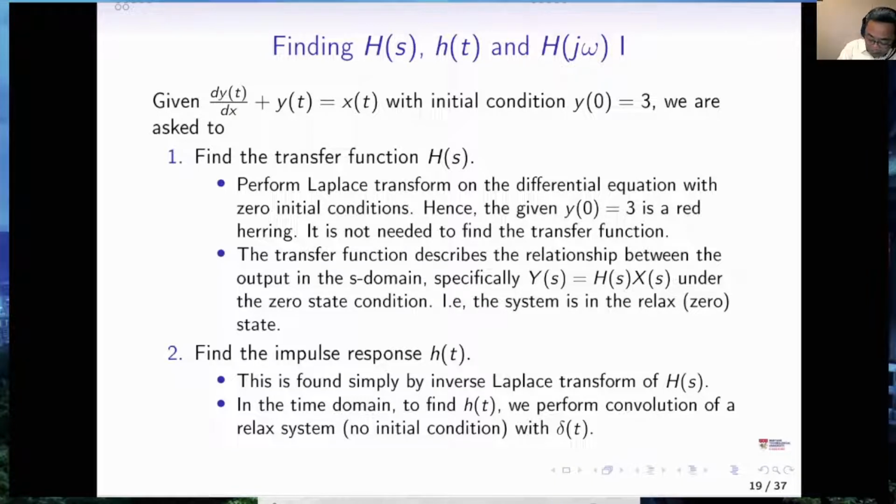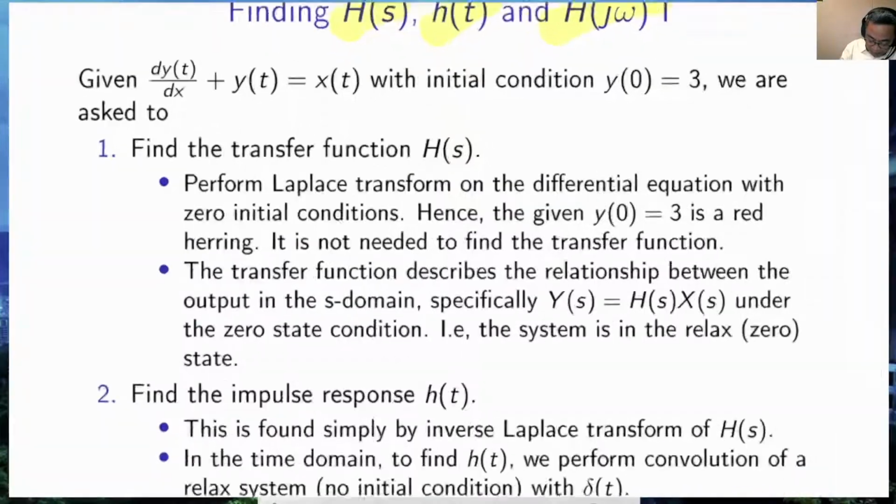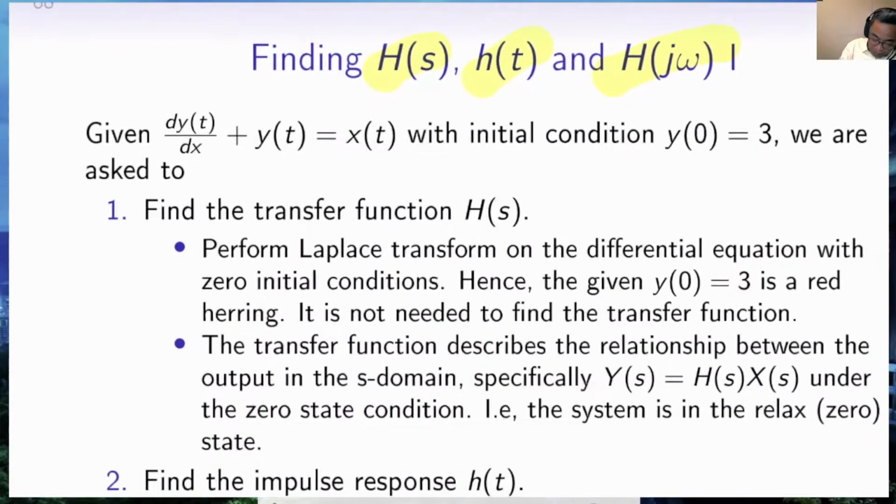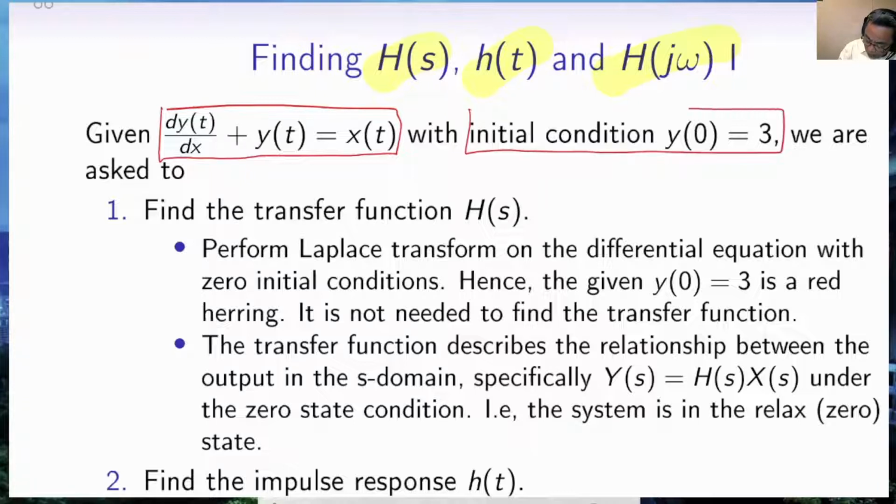We'll now have an example of finding the transfer function, the impulse response, and the frequency response. This is slide 19 of part 4B. Typically, we are given a differential equation, and in this case, we are given some initial conditions. At time 0, the y value is 3, and we are asked to find the